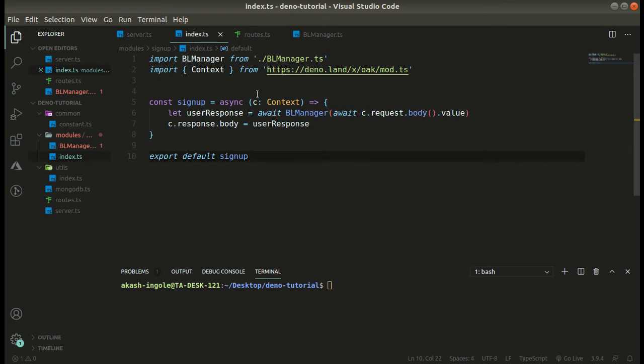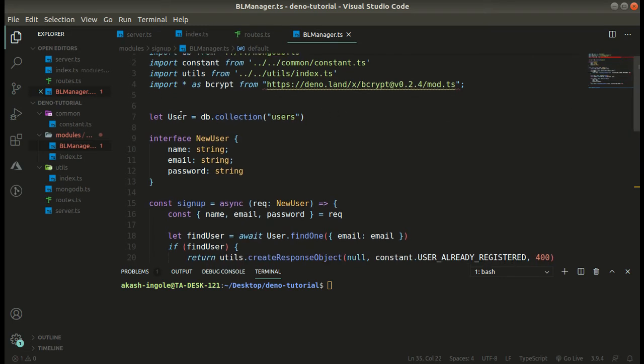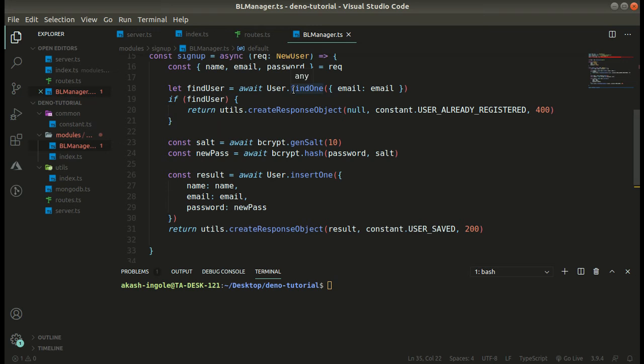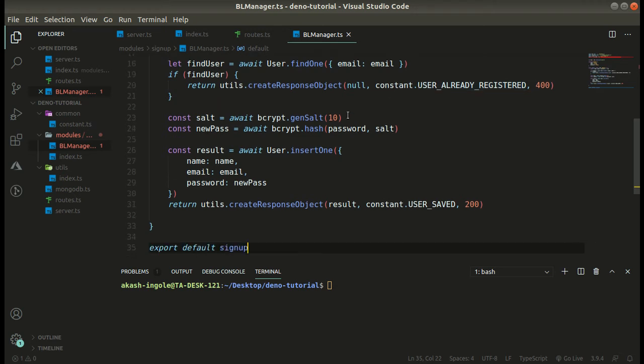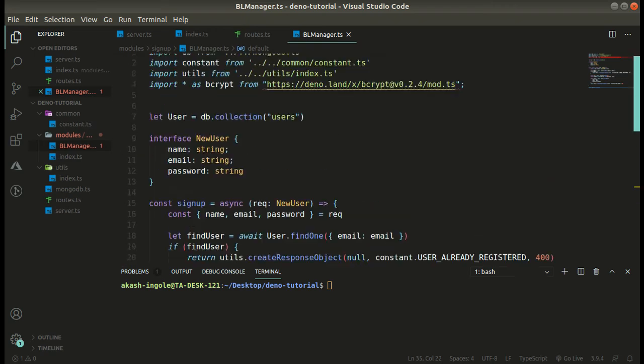Basically we have got a function over here and we have passed the request. So guys, I hope the code for sign up is clear to you all. We got the collection over here. This is how our request is going to be looking. We have destructured our request. We have first looked into our database, like if user already exists, then we will simply return that user already registered, or else we will hash the password and we will make a fresh entry. Now just try running this code.